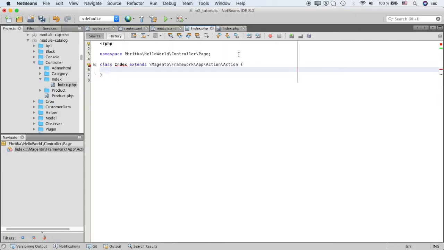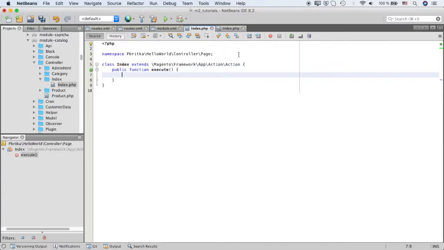When we open the URL in the browser, it will look up this index.php file and execute a function which is called execute. This is a difference from a Magento 1 framework. Here we want to output simple hello world,